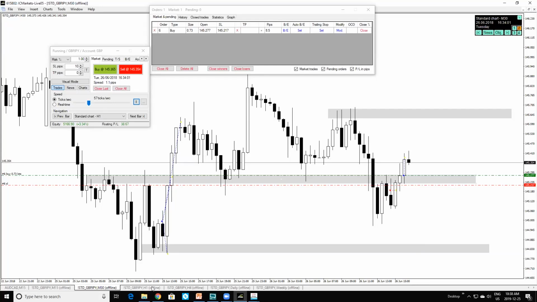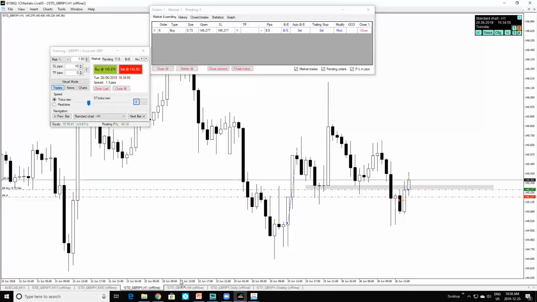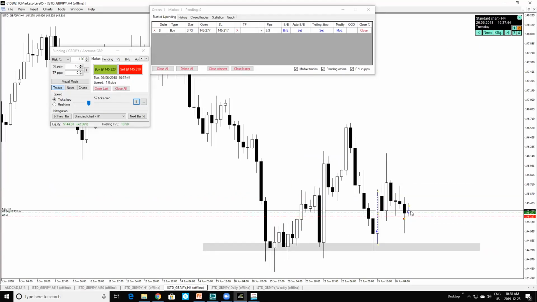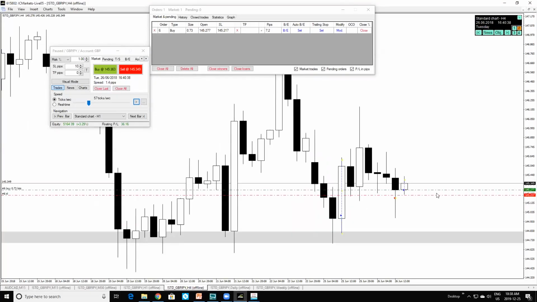We look on the 1 hour. 1 hour is bullish as well. The previous 1 hour closed above the previous 1 hour candle, the bearish one. The 4 hour has just formed. It seems like the 4 hour can go bearish. Okay, now you see, it seems like the 4 hour can go bearish, right? Because the previous 4 hour was bearish. It seems like it can come down to fill the wick. But,